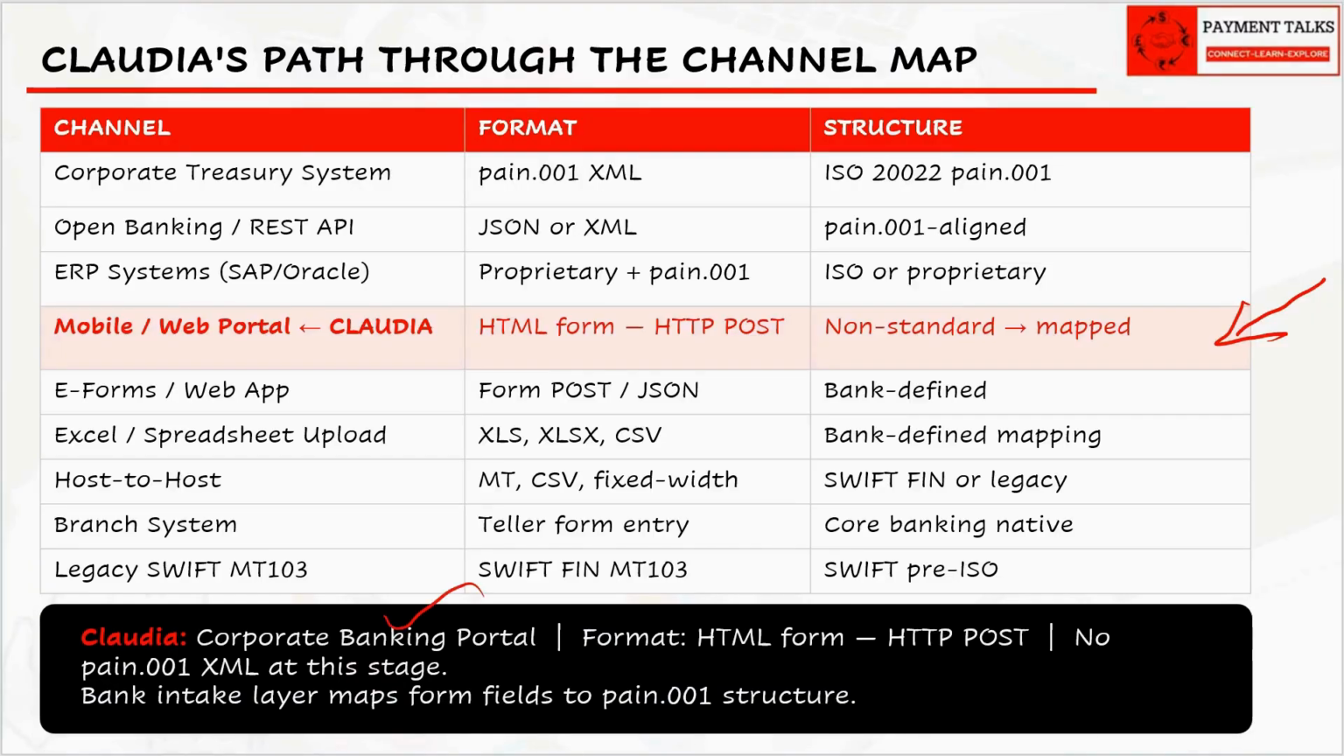That means HTML form over HTTP post. At no point has Claudia produced Pain.001 XML. She filled in a form. The bank's intake layer maps those form fields to the Pain.001 logical structure. The same intent, different packaging. The bank's job is to normalize that packaging into a single internal working format, regardless of which channel it arrived